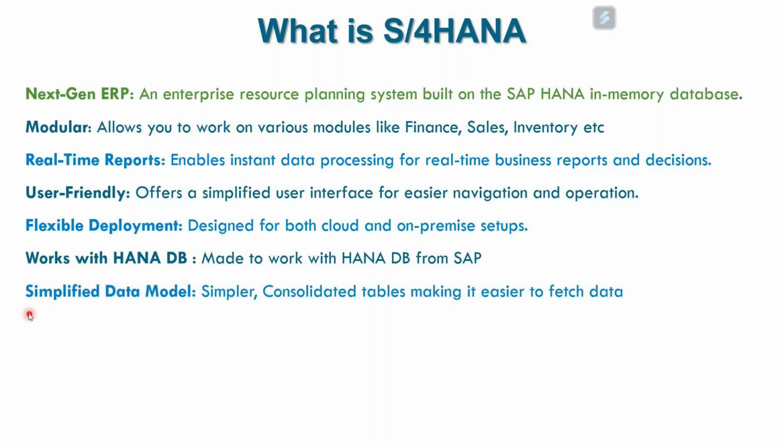And the data model is simplified. Everything in SAP is finally, at the end of the day, stored in tables. And there used to be many tables for the same activity. If you would save data, it would go to 10 tables. People used to find it complex later, because as an ABAPer you had to fetch data from 5 tables, from 7 tables, sometimes from 10 tables. So what SAP did was they consolidated all those tables and made it into one table, because of which it was easier and simpler for you to fetch your data.